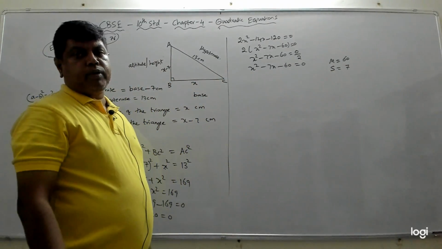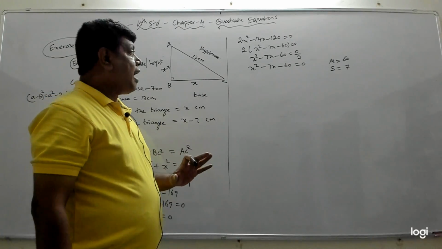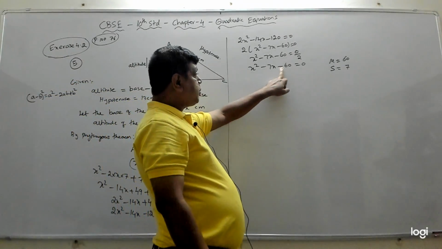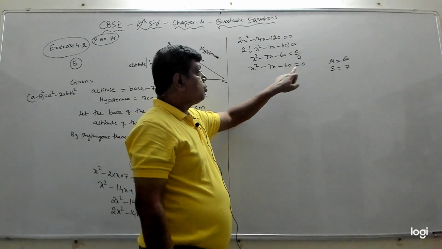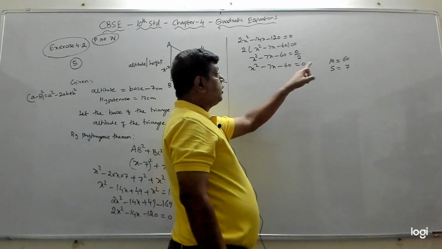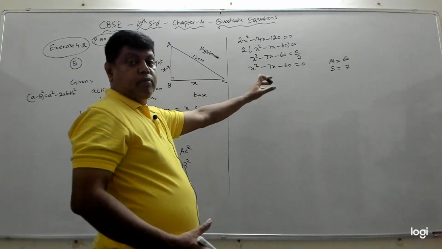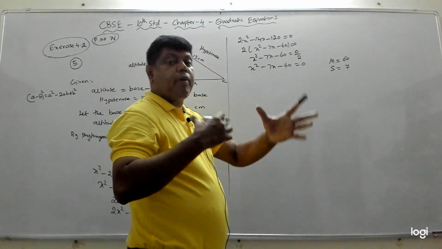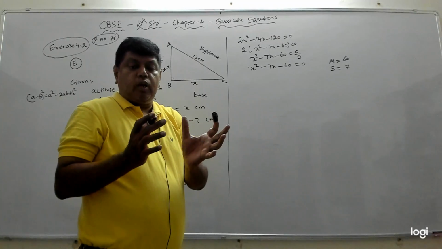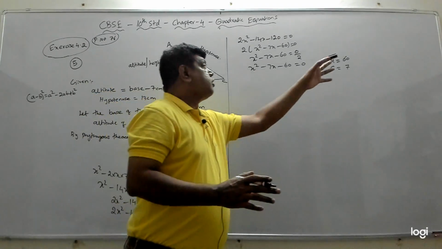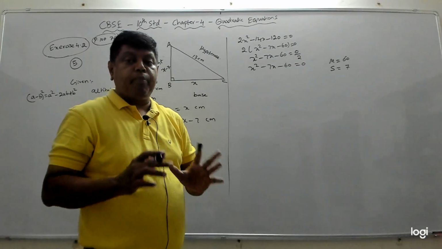So I should find 2 numbers such that when I multiply the 2 numbers, I should get 60. Same 2 numbers, if I subtract, I should get 7. How am I saying subtract? Based on this side. This is minus. So it's a subtraction case. If this was plus, it would have become addition case. In that case, if you add the 2 numbers, we should get 7. But here it's a subtraction case, which means if you subtract the 2 numbers, we should get 7. When you multiply the 2 numbers, I should get 60. The same 2 numbers, if you subtract, you should get 7.